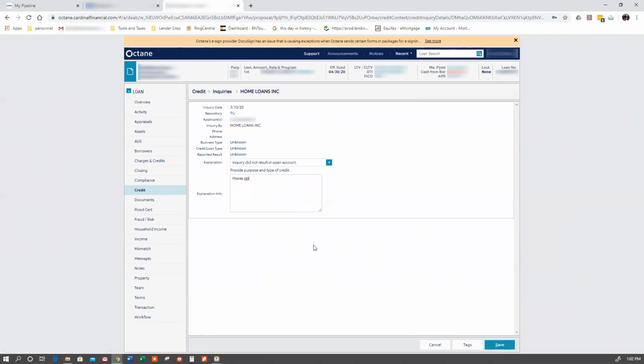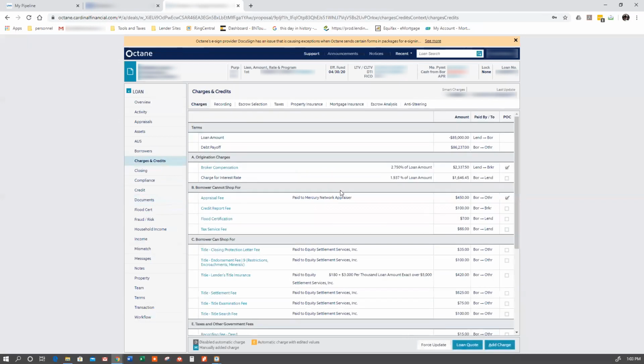You get ones where I think the most I've ever seen on a credit report inquiry-wise is about 15. And then you've got to search each one of those 15 inquiries and then update the credit as such. But this one was easy. She only had one. So boom. We'll save that. All right, the next section we're going to work in is the section for LOs that are